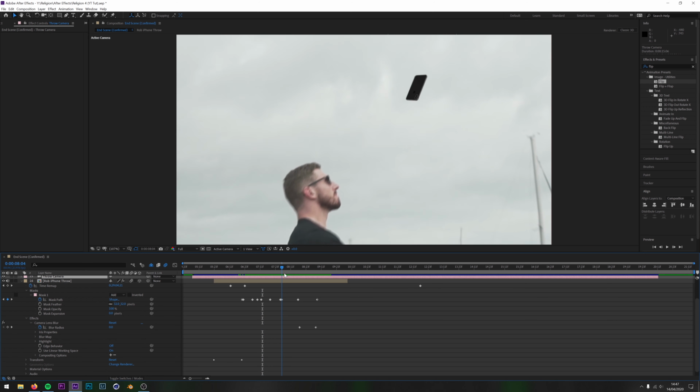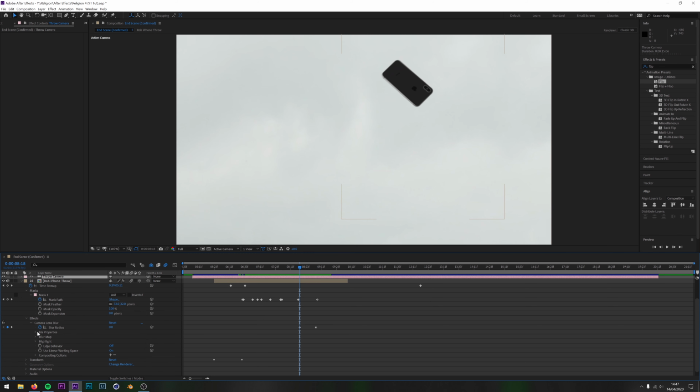Now there is just one other effect that I want to cover really, and that's the effect you've seen earlier. This is basically the camera lens blur. The reason this is on here is because it's actually mimicking depth of field for the background. So you're not really going to notice this because the background's quite plain, like I was saying earlier. And this really helps because you would have noticed the fact that the resolution has dropped quite significantly, but because it's such a plain background, your eye's not picking it up.